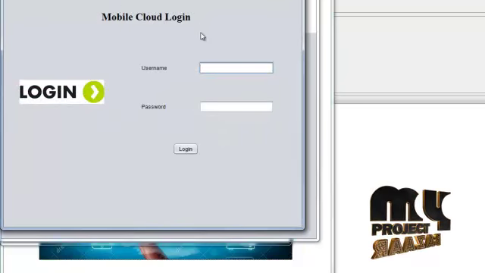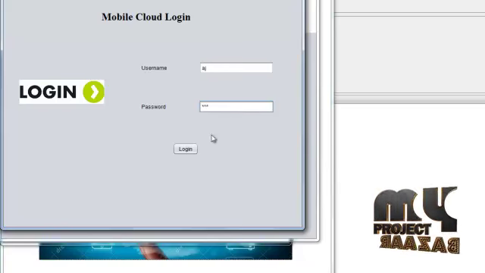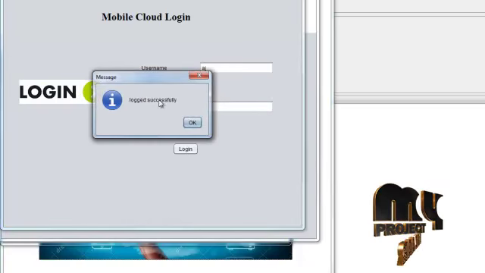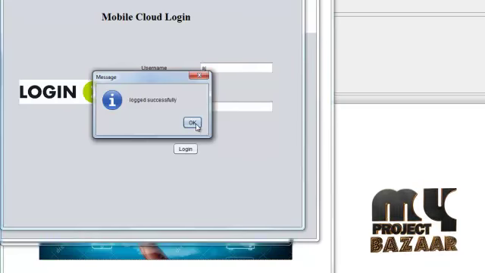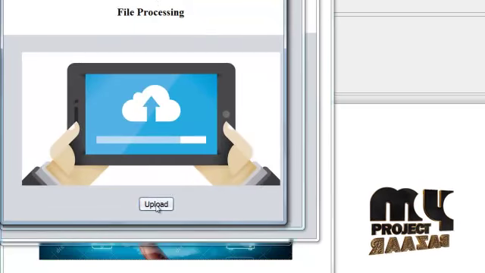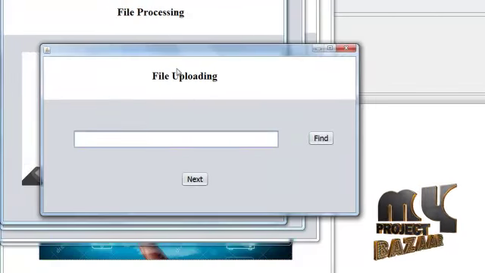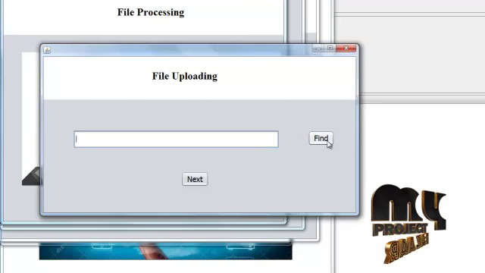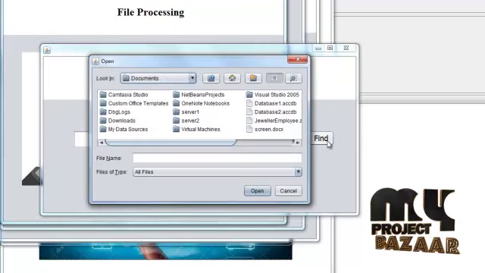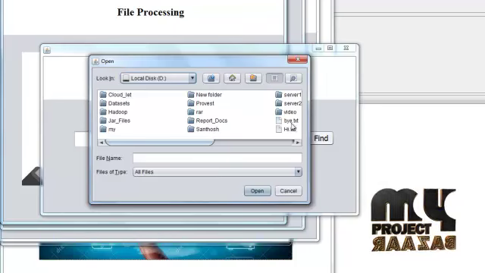In this mobile cloud login, give a username and the password. Click login. Logged in successfully. Next, we will get file processing. In this file processing, we need to upload a file, so click on upload. Next, we will get a file uploading screen. In this uploading screen, just find a file which you need to upload to the cloud environment. I have kept my file in the D drive, so this is my file,